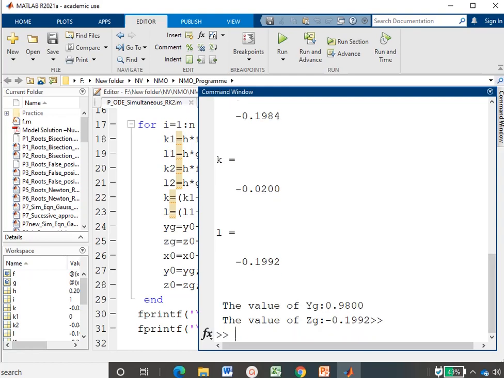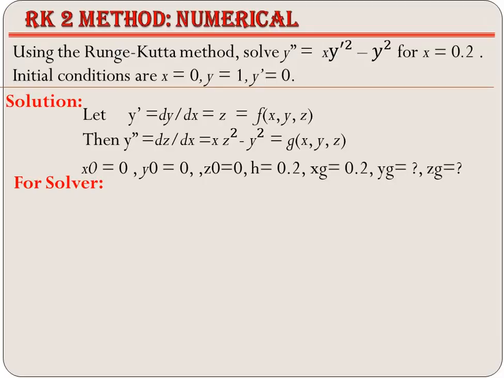For the solver syntax, a different strategy is used for second order, because we have two equations. For the solver in MATLAB, we have to write x as it is, then y will be written as y of 1 and z will be written as y of 2. So we have these two equations, and we need to write them by assigning both equations to a single variable f.